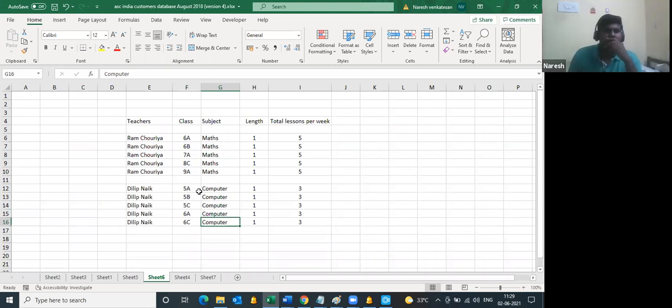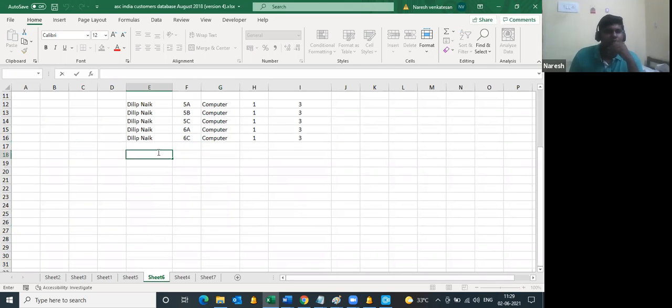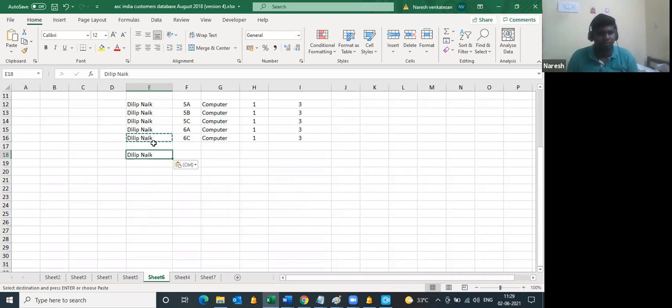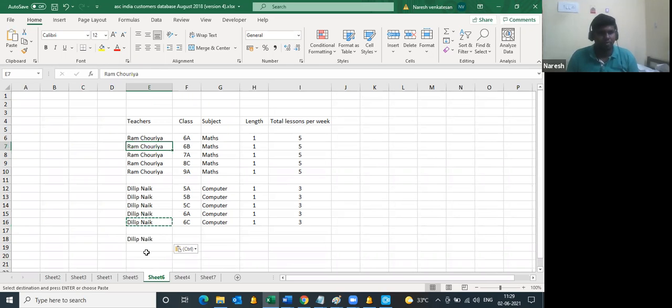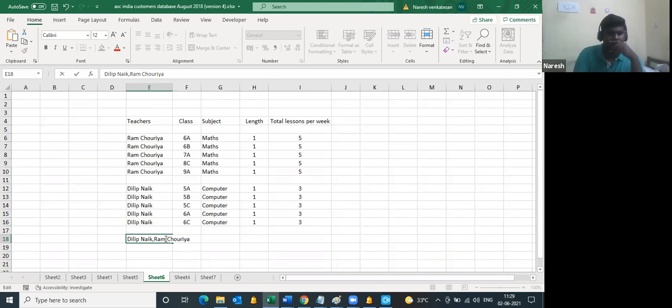Likewise, you'll be continuously preparing the data for all the teachers. In some cases there'll be two teachers handling two classes, something like a joint class. To differentiate two teachers, if there are two teachers handling, we just separate them with a comma.